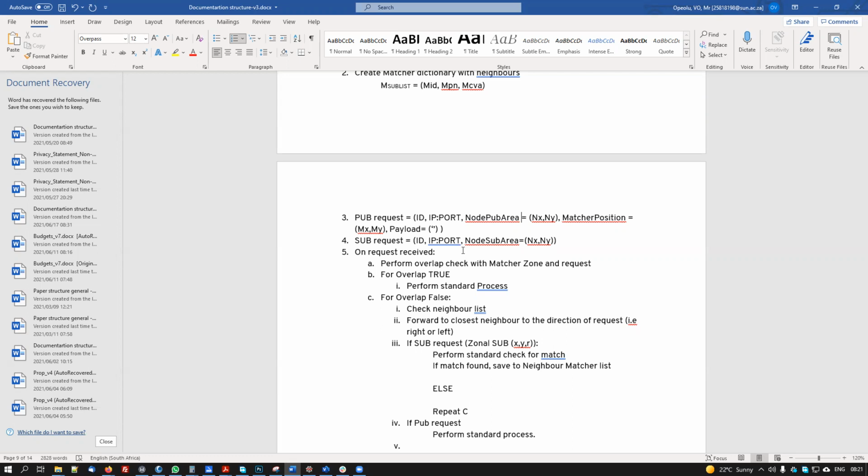Anytime there's an overload, the processing is shared across nodes in the local area.